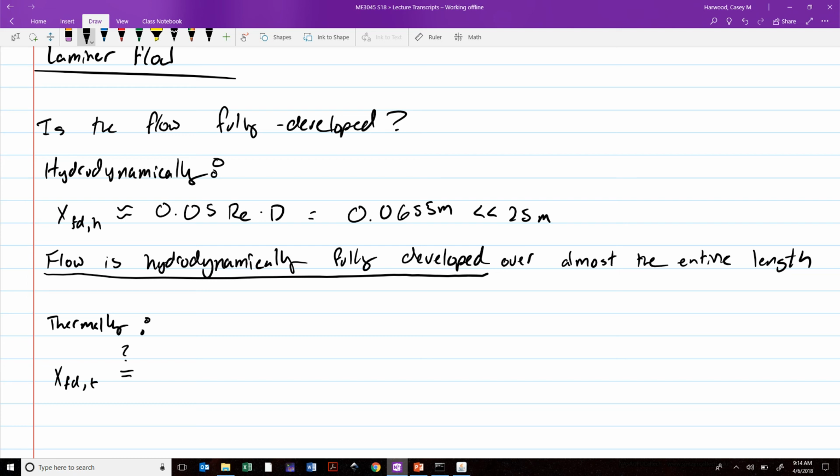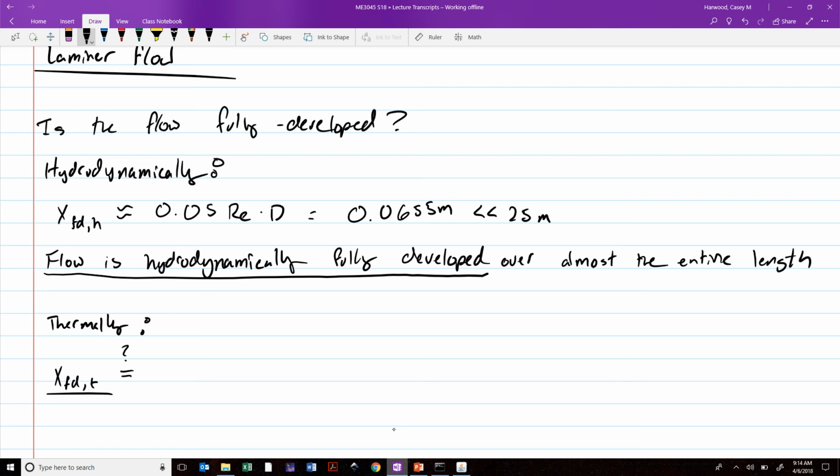All right. Anybody have a guess at the thermal entrance length of this pipe? 8,384. Okay. It is going to be a really big number, but not quite that big. What expression did you use? 0.05 times Reynolds number times Prandtl number. Okay. That's right. But don't forget the diameter, because that 0.05 times Reynolds number times Prandtl number is actually